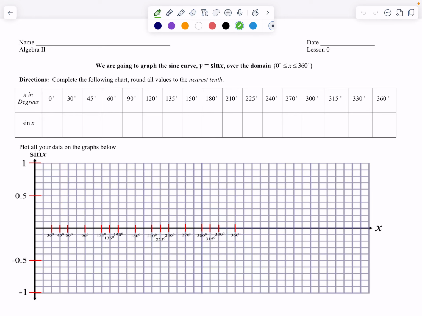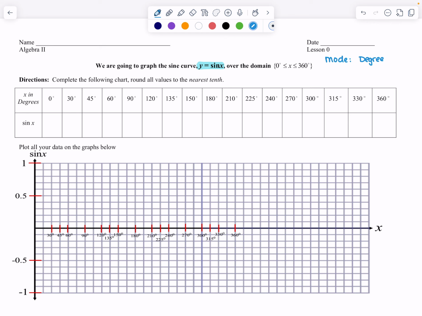Today we're going to look at our introduction to graphing sine and cosine lesson. So the way we're going to start this lesson is I'm asking you to take out your calculator. You're going to type in to your calculator y equals sine x. A couple of things. You want to first make sure that you're in the mode for degree. So click mode on your calculator and make sure it's in degree and not radians, because you're going